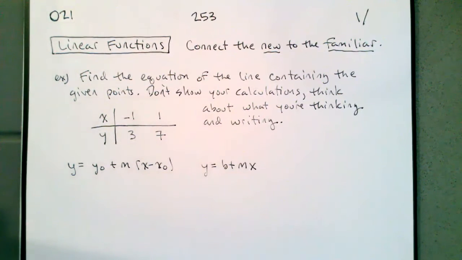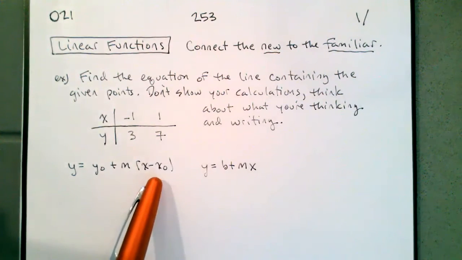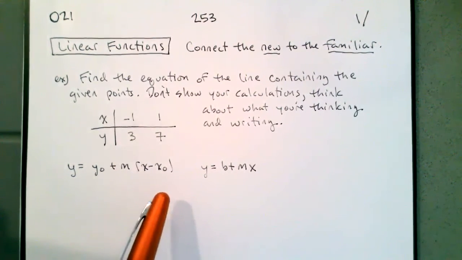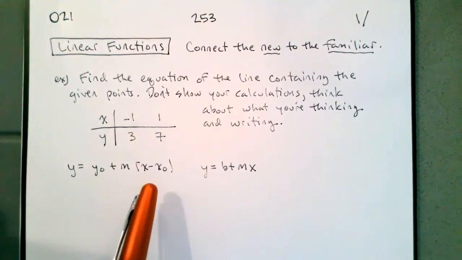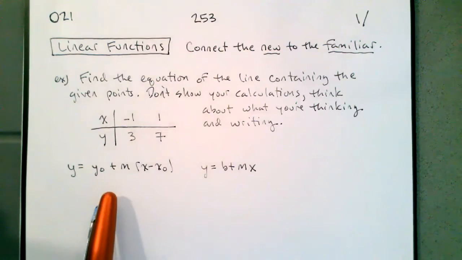So here are 2 equations of the lines. I've given you 2 points, and here are 2 ways we can write the equation of a line. We know what we need for a line is a point and a slope. And we know that the slope represents how y is changing with respect to x. So the coefficient of the x in the linear equation is how y is changing with respect to x. Notice that's in this slope-intercept form or in the point-slope form. So the slope